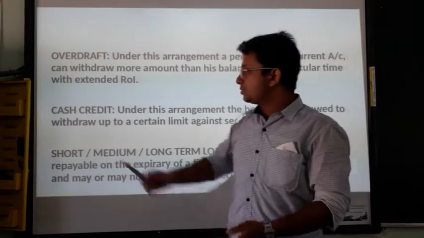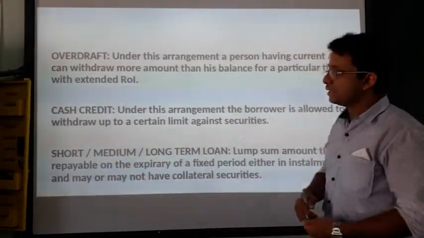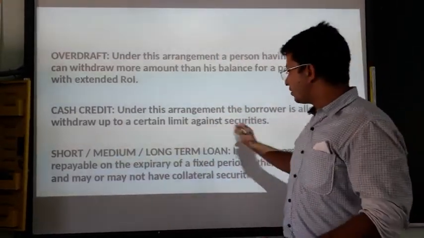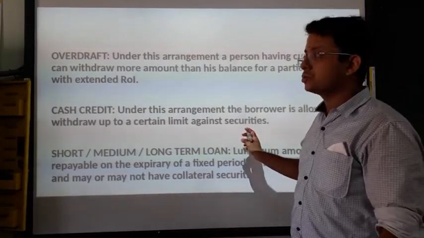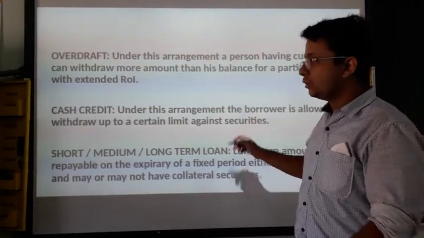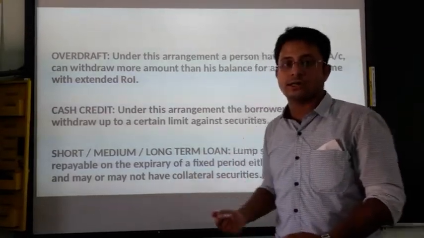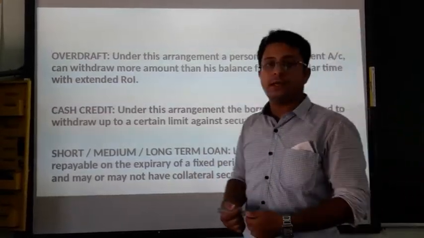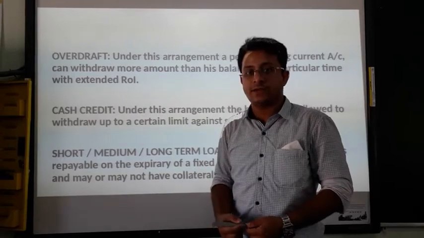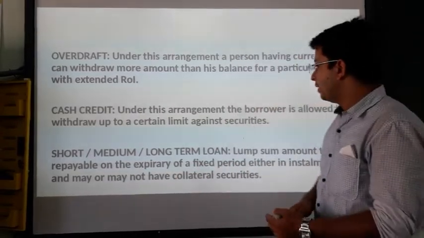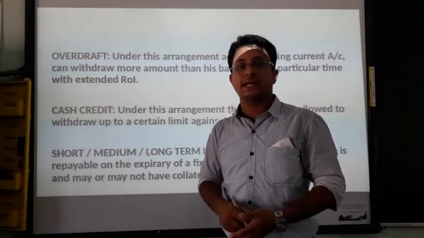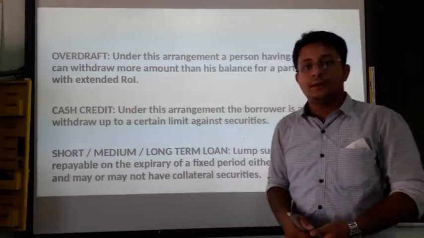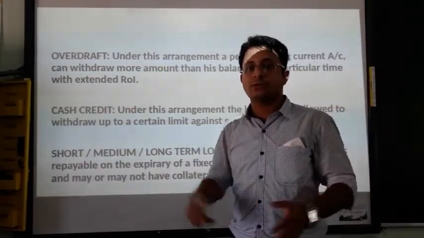Next you see cash credit. Under certain securities, which we can call collateral properties or mortgages, whenever you give such securities, the bank will give you some amount of credit facility for a particular amount of time. That will also depend upon the customer's creditworthiness, that means how trustworthy he is with respect to his loan amounts.